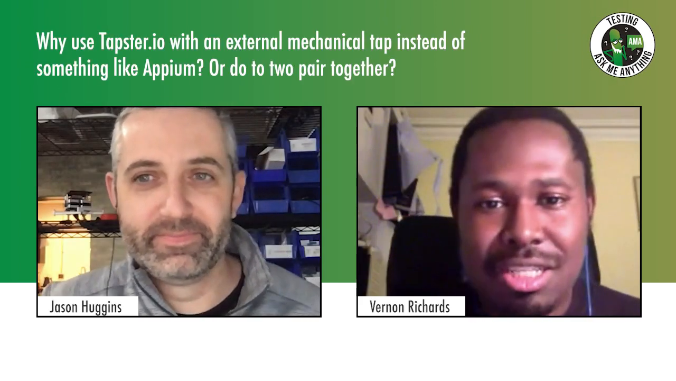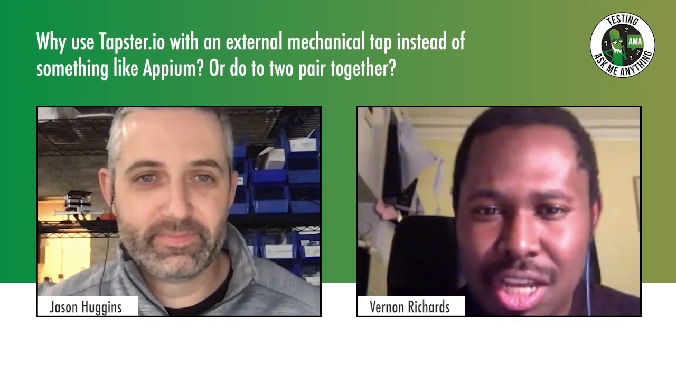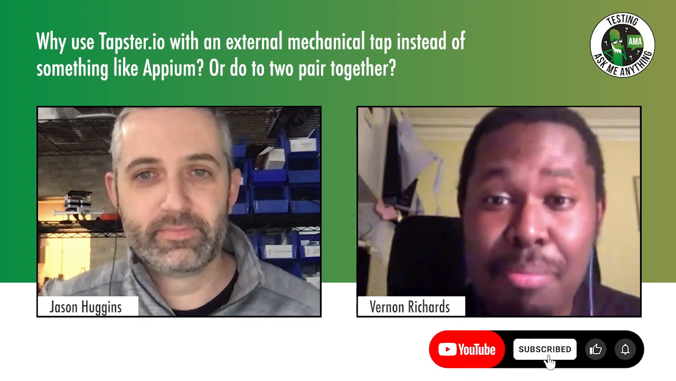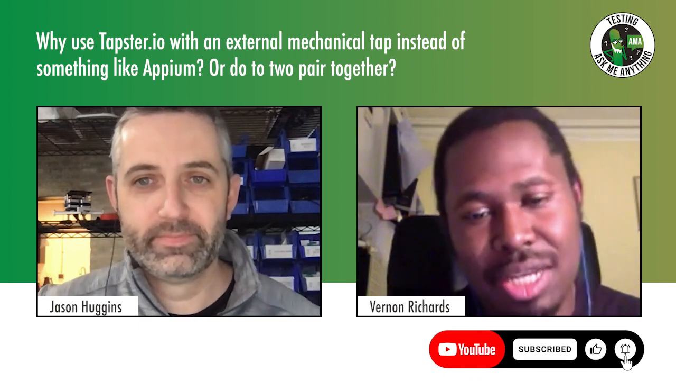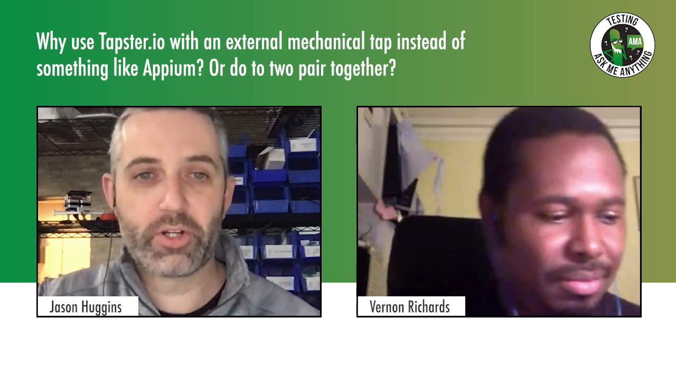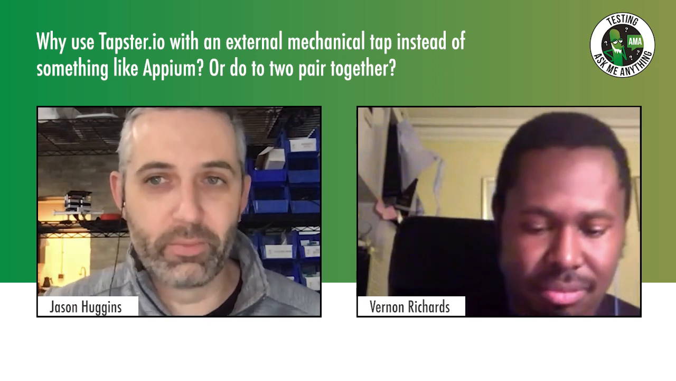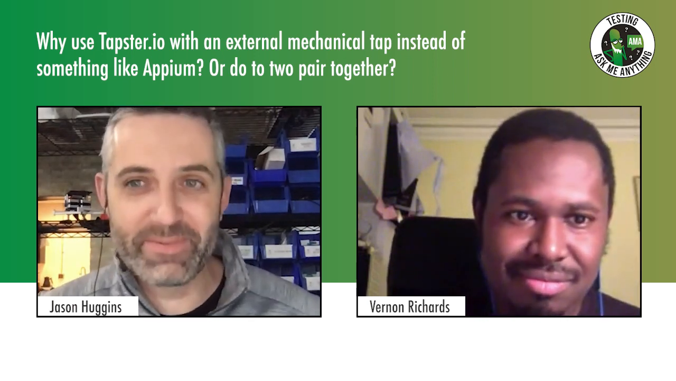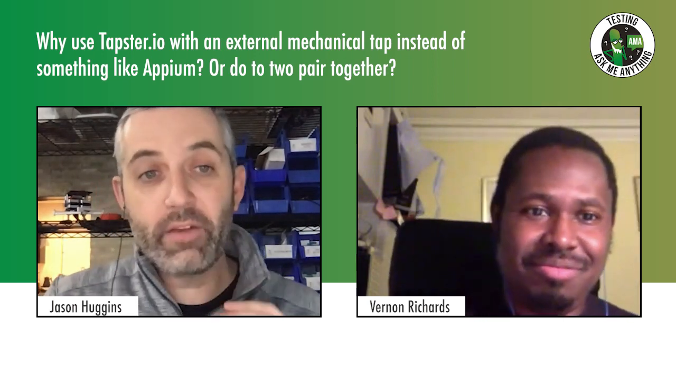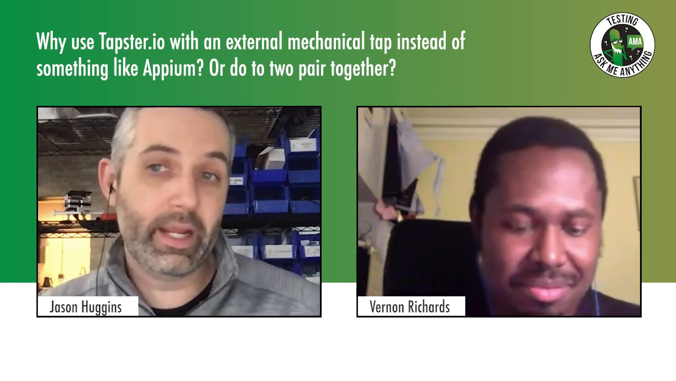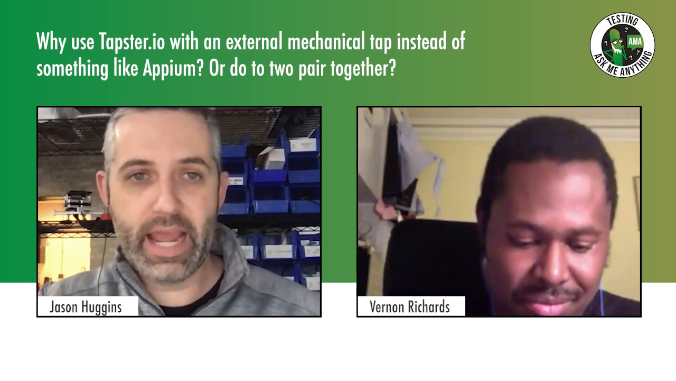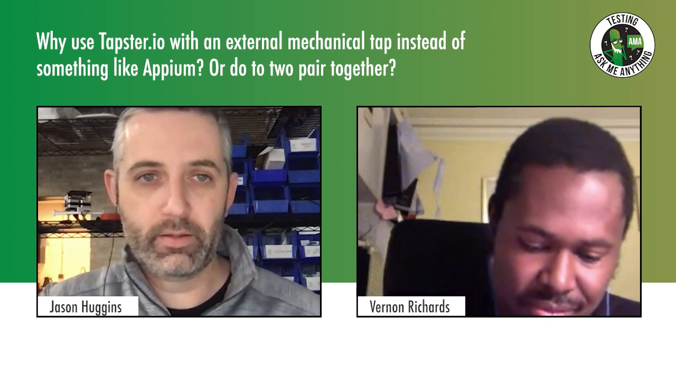So TJ asks, why use Tapster with an external mechanical tap instead of, say, Appium? Or do the two pair together? Right. This is a great question. I actually get this a lot, especially from the core developers of the Selenium project, the Appium project. So I think the goal for me is to have Tapster and Appium